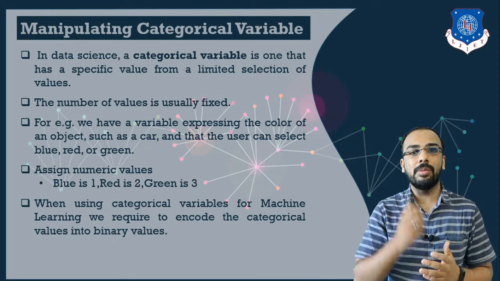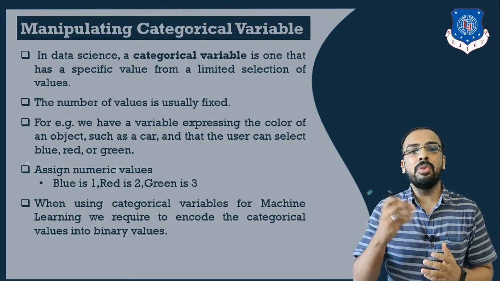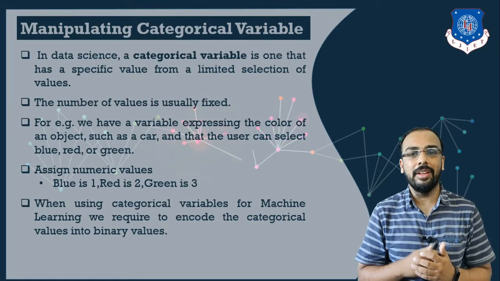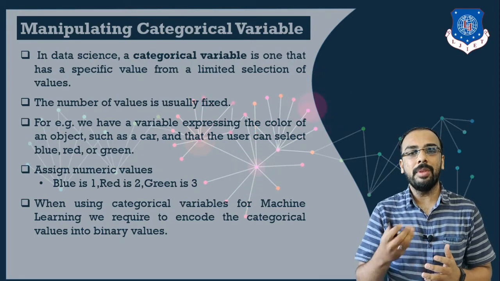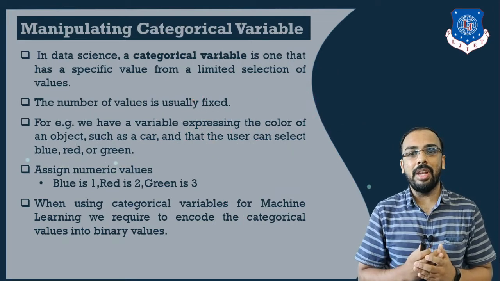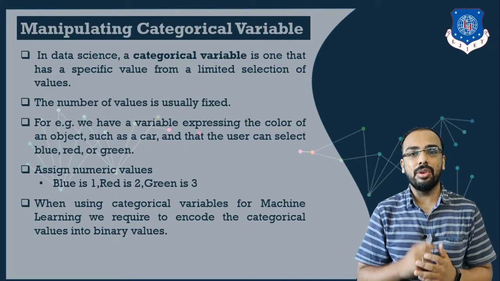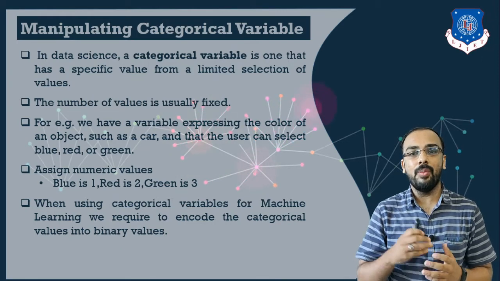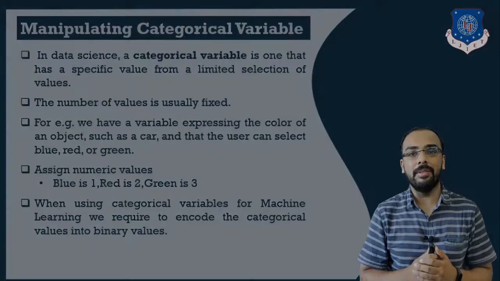First let us consider blue. There are two possibilities, 0 and 1. Whenever the blue color is selected, we set its value as 1, else we set its value as 0. Similarly for red, the presence of red color indicates the value 1 and absence has value 0. Similarly for green, if the value is assigned as 1, that means green color is used, else it is not used. Now we will consider a detailed example in which we will see how we can create categorical variables, how we can rename the levels, and how we can combine the levels.